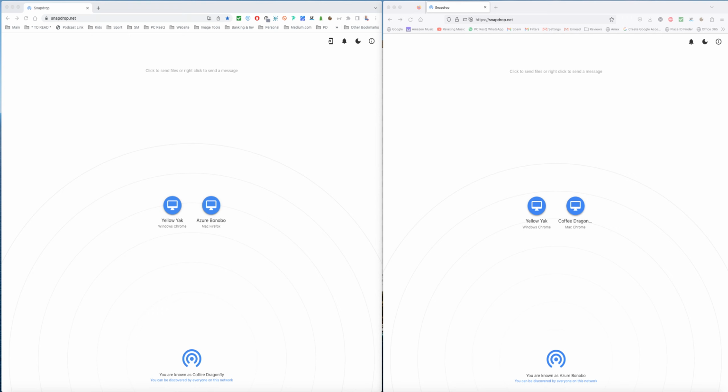Those of you who have an Apple system will be familiar with AirDrop, and this facility I'm about to show you does exactly the same, it provides the same facility. So the website I'm talking about here is snapdrop.net. And the beauty about this is it doesn't actually upload any of the content that you're transferring to the